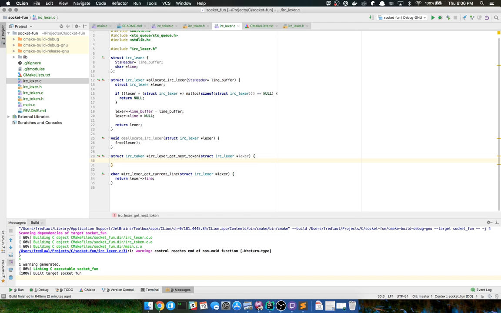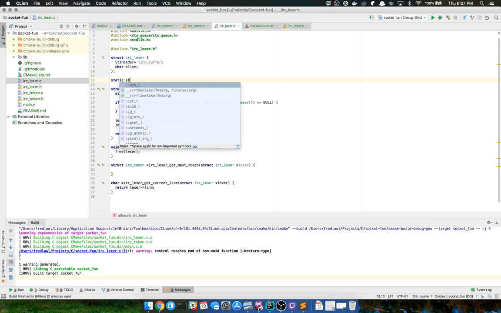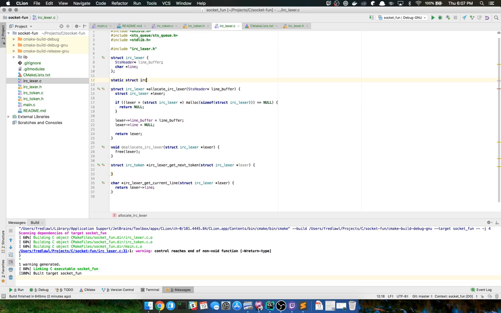So what we need to do is make sure that we're parsing the prefix. I'm going to go ahead and create a static function here, struct IRC token parse prefix.